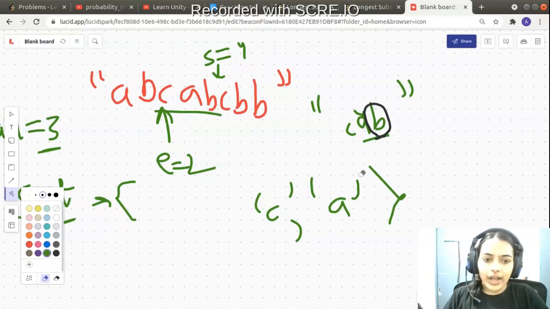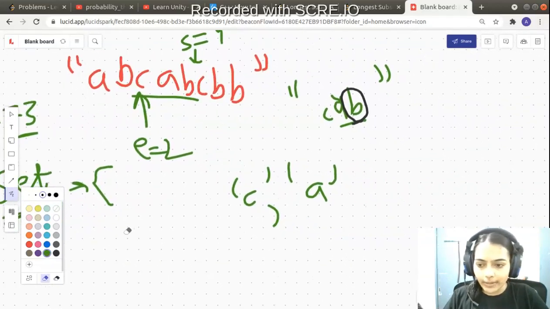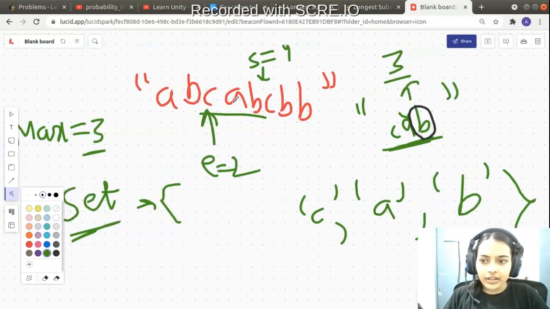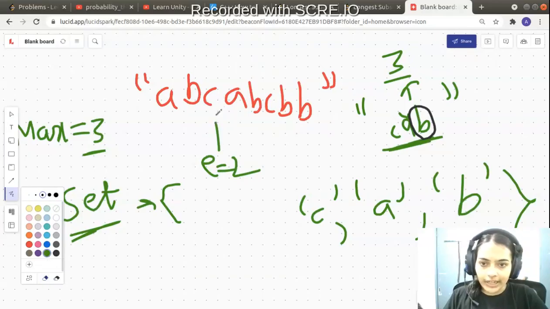So now I have all characters that are unique. So let me also store that in my set. So in my set I have the characters C, A and B, and the substring that I am looking at is CAB. Now this is again of length 3. Now I check, so max is 3. So I have just found a substring again of length 3. So I need not change my max because max is already 3. So now I move forward. So currently my E is equivalent to 2 and I move forward in my quest.